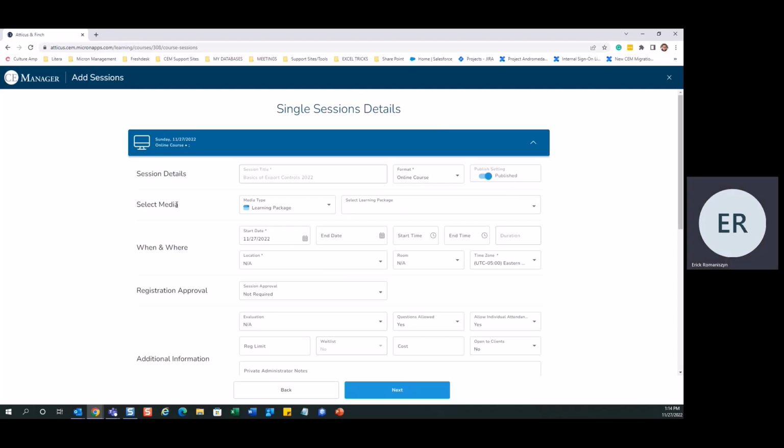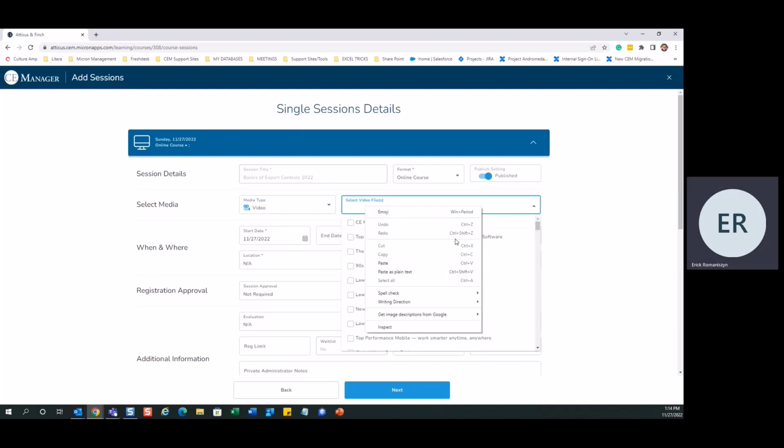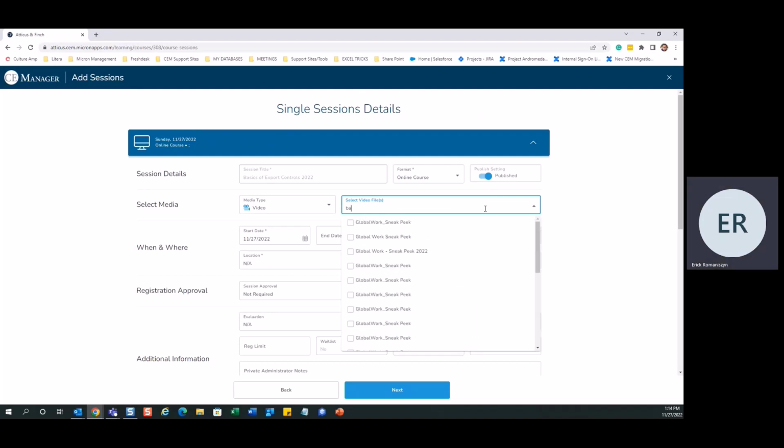The next most important step is the media type and the file. We want to make sure we select the correct video to play with this course. So one, choose the file type. We chose a video file that we've uploaded. And I'm going to search for my file and named it